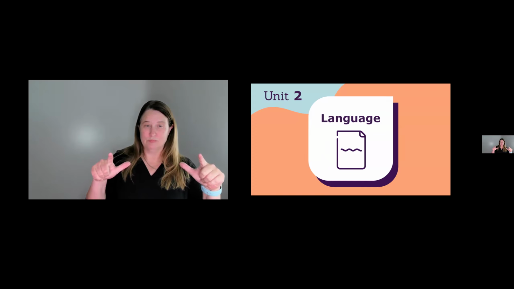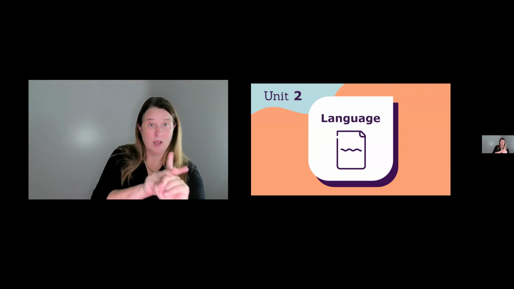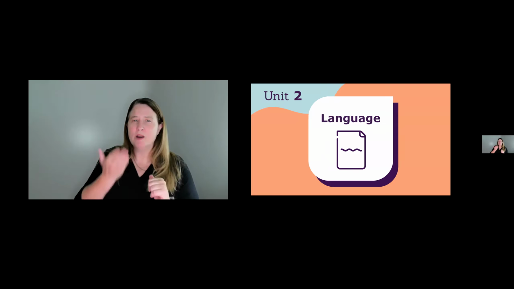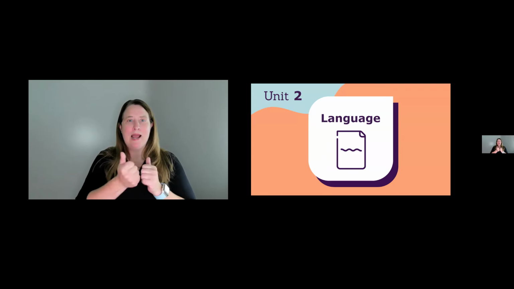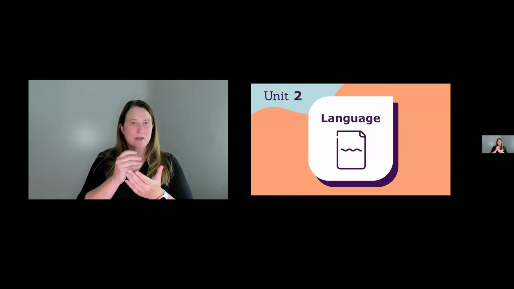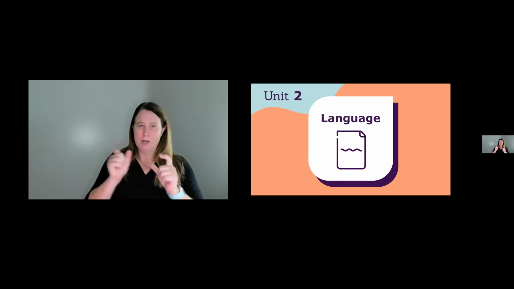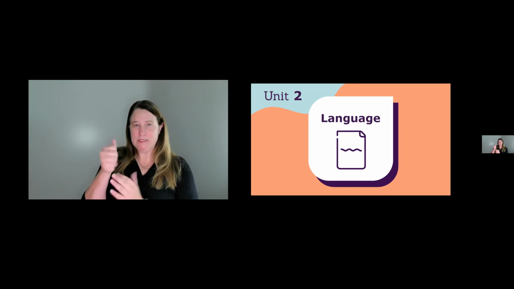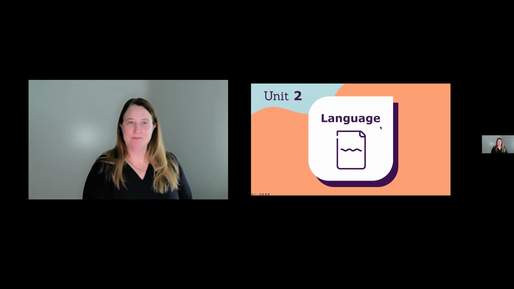So we're in module 2 now, which is language. Module 1 was foundations. And so we hope to apply that now to unit 2 in the concept of language. So much of who we are and what we do is language. So if you think about how we express and share, how we learn, language is a huge part of that process. Not always, but a huge part. It's not all of it, but it's huge. So it's really worth diving into and thinking about how disability is represented in language.